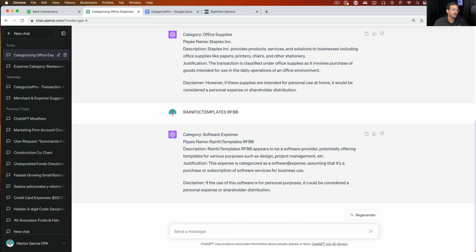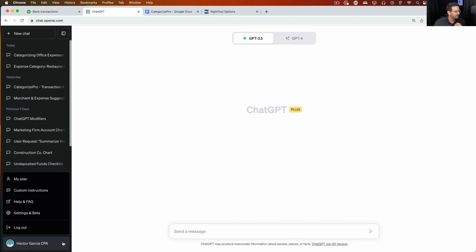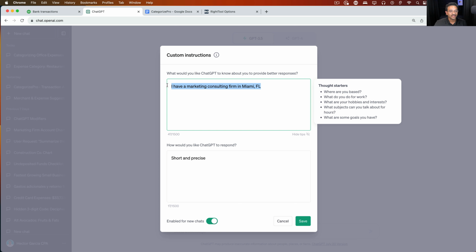Now I want to add one more little caveat here because I think it's really valuable. I'm going to create a new chat, but I'm going to go into custom instructions. This is a really cool thing that ChatGPT Plus has, which is you can tell it contextually who you are, like who is the ChatGPT user.